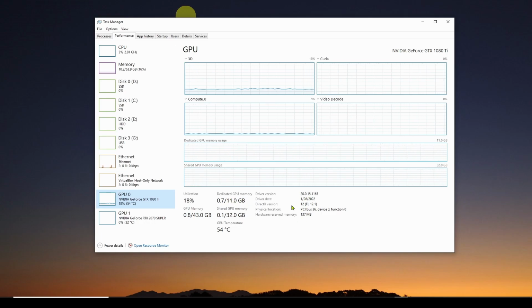And over here, it's got some driver version, driver date. It's got physical location on the PCI bus, which device, which function. So good information here. And it's also got a GPU temperature. The same thing with this GPU 1. Basically, it's not doing anything right now because this GPU 0 is the default and it's doing all my recording